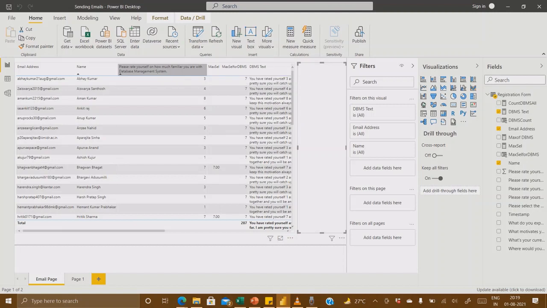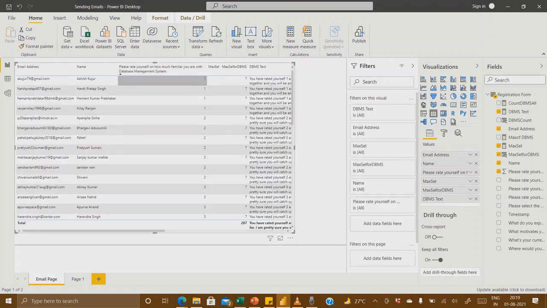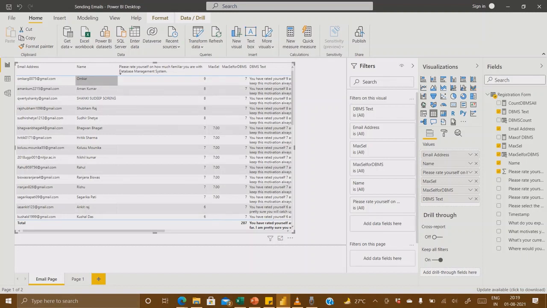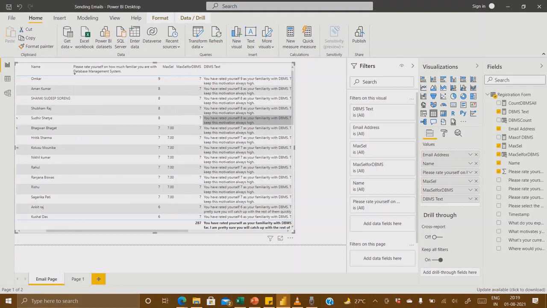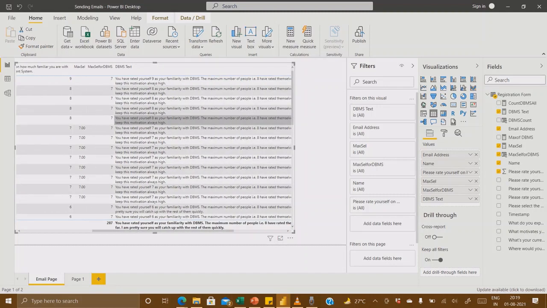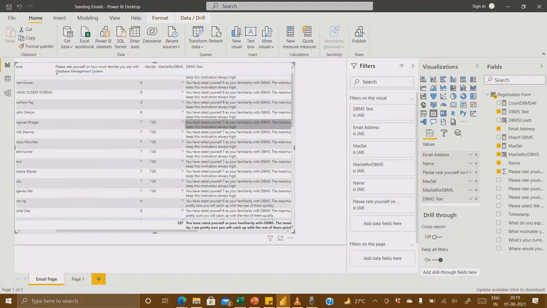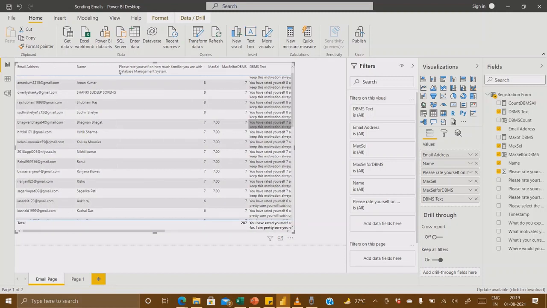So I will just click here, and it will say, okay, this is 111. I don't want one, so I can just click again. Then it will show that the maximum is Omkar, who has a rating of 9. So I can reach this person directly. They can do this, and there are many other analytics HR can do with the help of this type of tools and analysis.